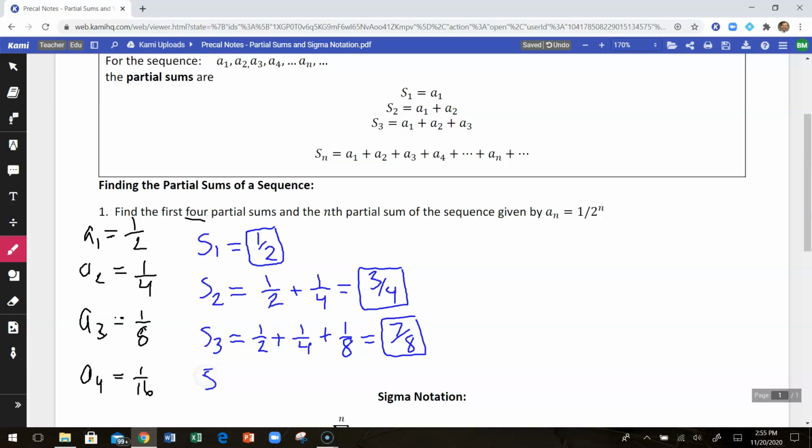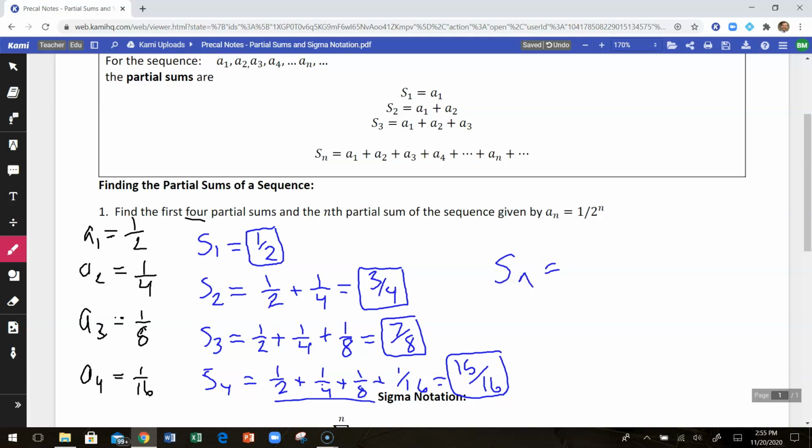And the fourth partial sum is 1/2 plus 1/4 plus 1/8 plus 1/16. So that's 7/8, right? All of that would give me 7/8. 7/8 plus 1/16 is going to be 15/16. Okay, so I chose to write out the terms every time because when we go to write the nth